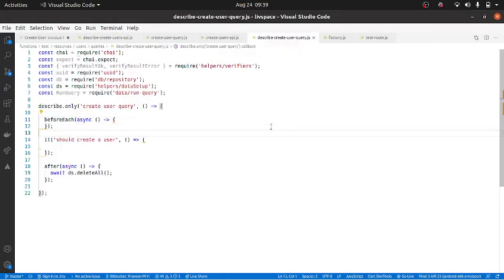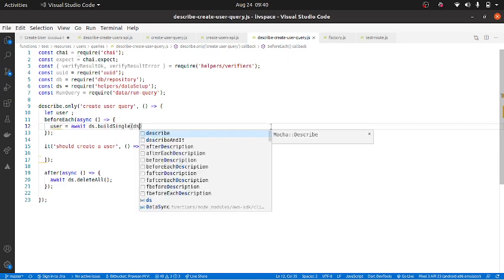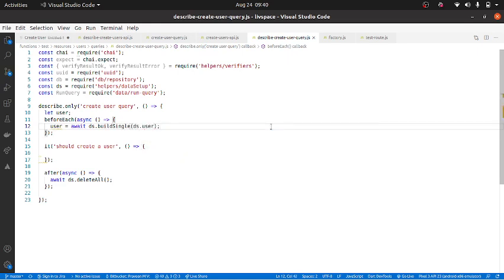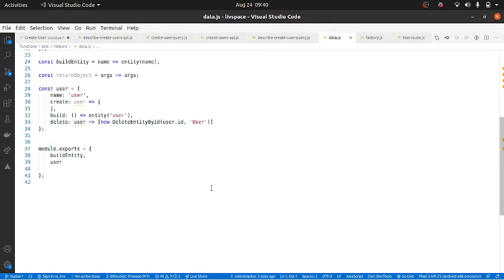So let's go here. Before that, let me basically let user equal to await ds dot build single and ds dot user. Right, this is taken care. Now in order for the data setup to build this thing, I need to go to the data and make sure that we have the user.